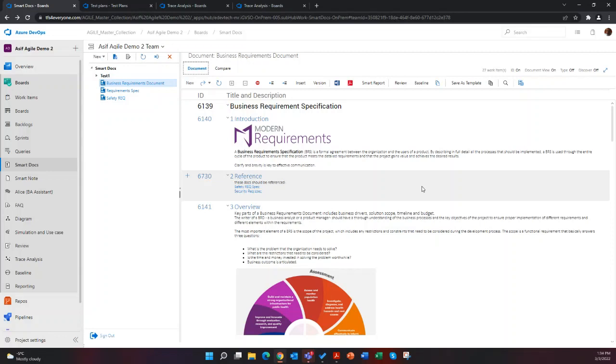Whether you're doing that, or even if you want to use smart docs for your detailed design or high-level design documents, you will end up using smart docs as your primary tool for authoring, versioning and managing those artifacts. But the best point again is that all of these work items, when you create them, are first-class citizens. You can query on them. You can see them in your backlog. You can put them into your sprint planning and so on and so forth.